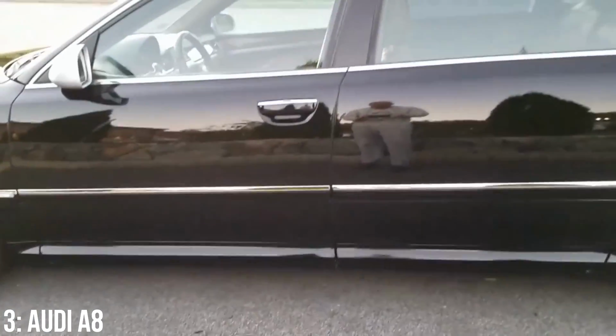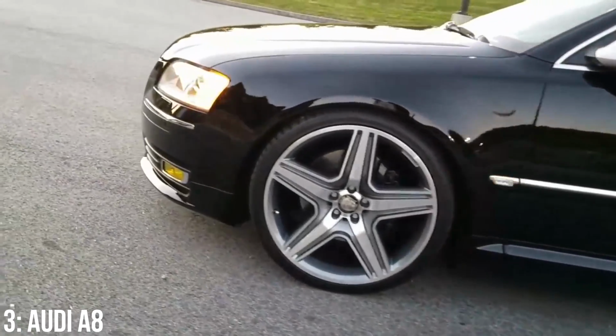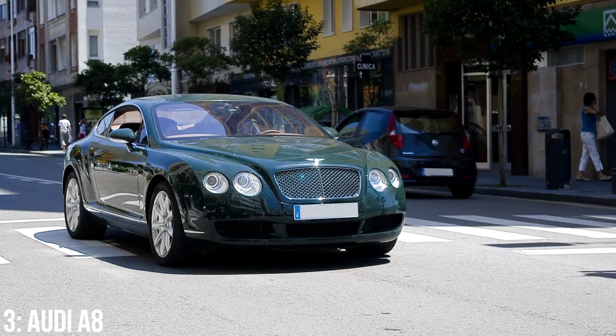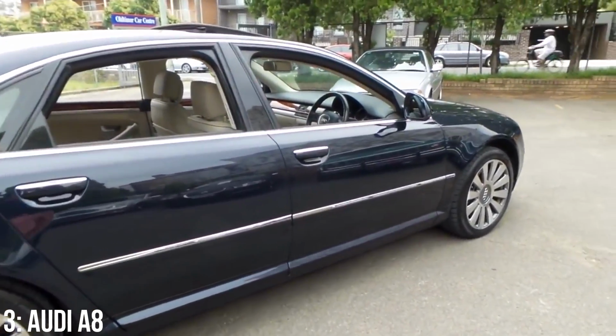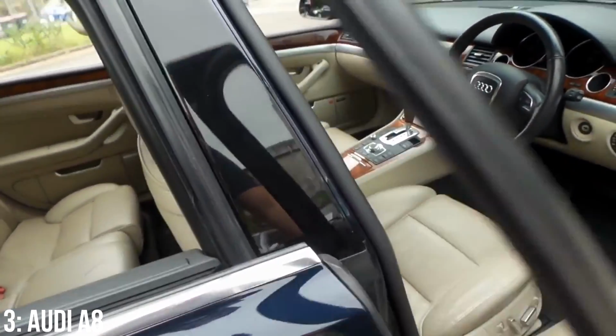The A8 was based on the VW Group D platform, and specifically the D3 platform, which is an aluminium space frame that shares its components with the steel opposite, the D1, that was used for the VW Phaeton and the Bentley Continental GT. Hence the Phaeton and A8 in particular look quite similar, and all 3 cars share the W12 block, just with the A8 having slightly more power and torque than the Phaeton, and the Continental having slightly more